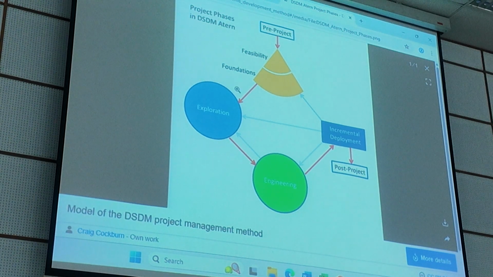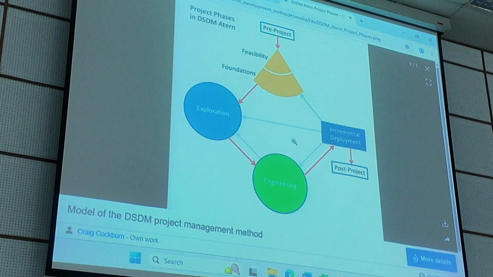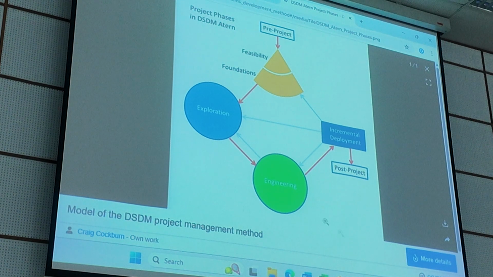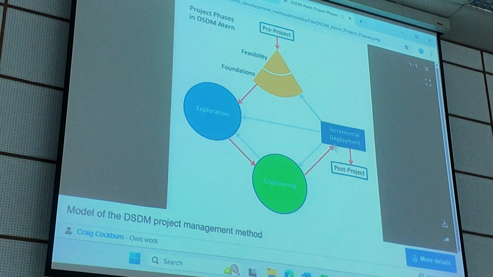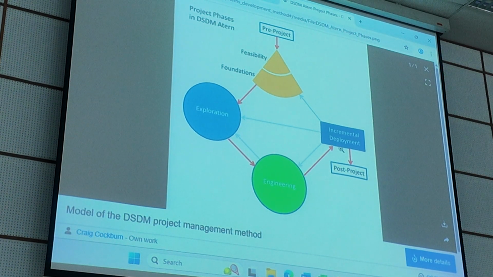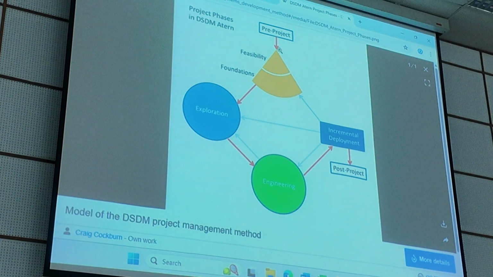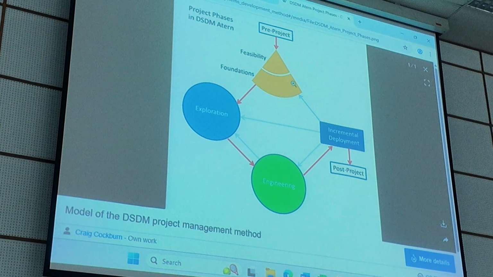Okay, after that, exploration. Then you start to engineer. Then this one you are going to split into iterations. After one iteration completes, again iteration, and iteration. Okay, so this is the SDM. Therefore, during the feasibility or pre-project stage here, for the Square to implement,